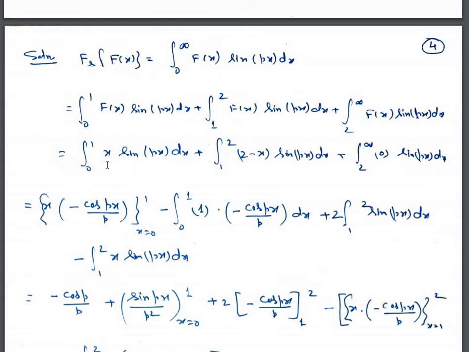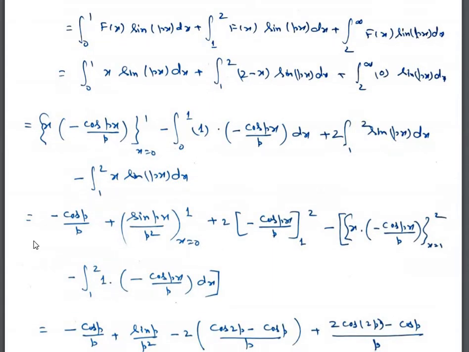So integrating this one, we have x into integration of sin px, which is minus cos px upon p, with limits x equal to 0 to 1, minus integral 0 to 1 of d by dx of x, which is 1, into minus cos px upon p dx, plus 2 times integral 1 to 2 sin px dx minus integral 1 to 2 x sin px dx, which is equal to, putting the limits, minus cos p upon p plus sin px